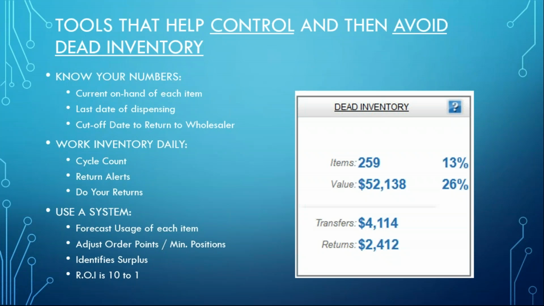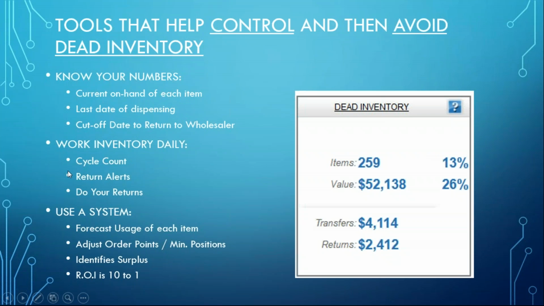I'm getting cents on the dollar and not my full credit. So work your inventory daily, counting it. Instead of having to close your store or bring everybody in on a Sunday and do a physical count once or twice a year, why not have a system that gives you a list to count small, bite-sized items throughout the year, to keep my on-hands accurate,